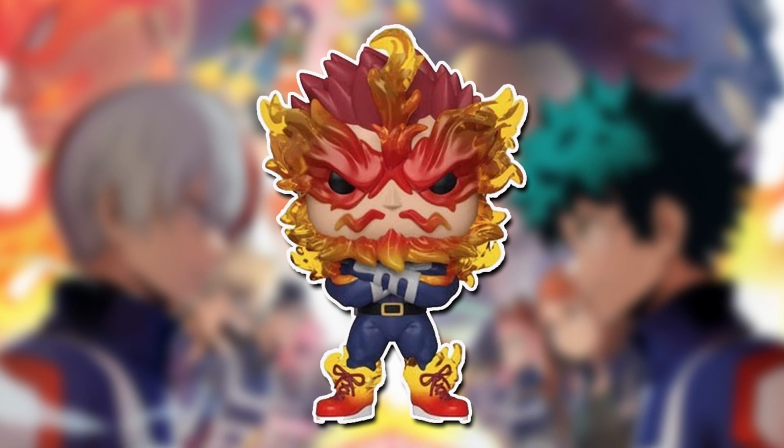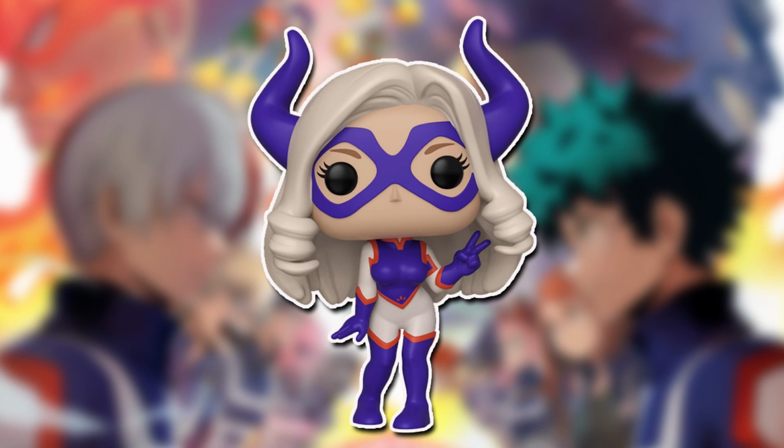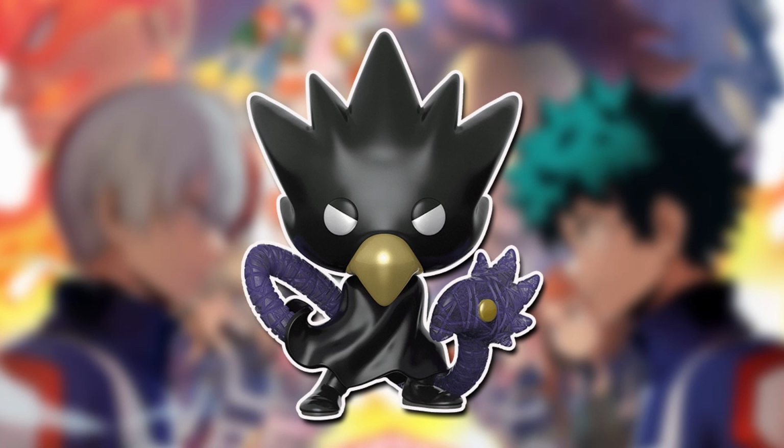And now to actually be able to connect these characters to who they are in the series is just amazing, because before, when I was collecting these, it was just for the designs of them. It wasn't for who they actually were in the series. But now that I'm actually getting to learn about these characters and see them grow and develop, it's just been so fantastic, and I'm definitely very glad that I started collecting this line,